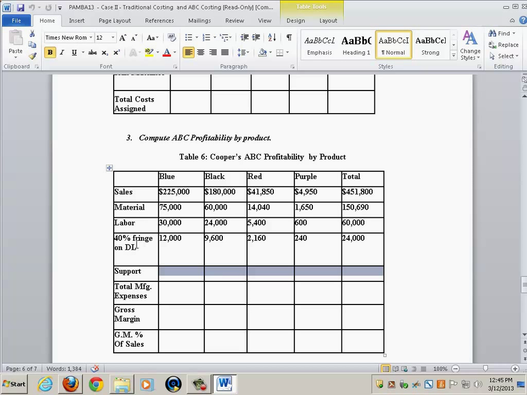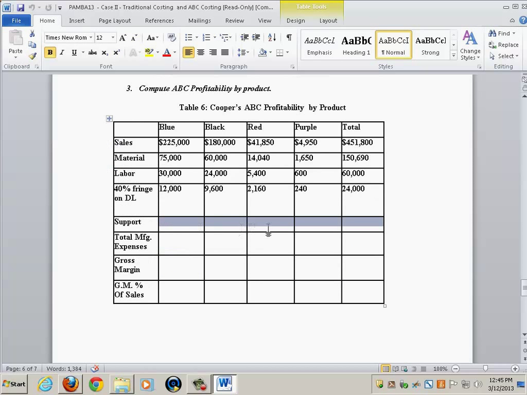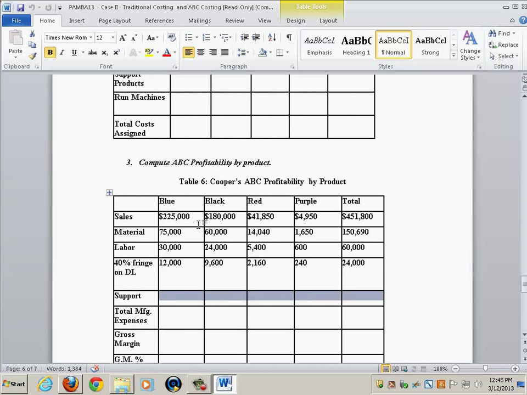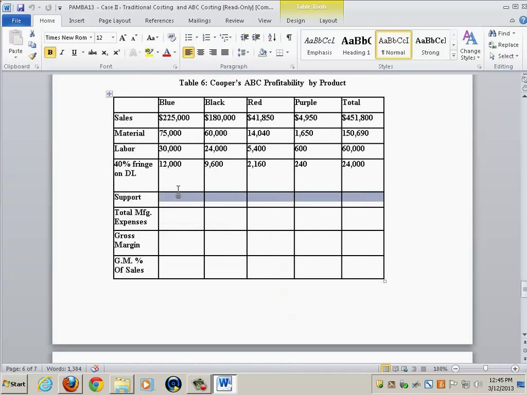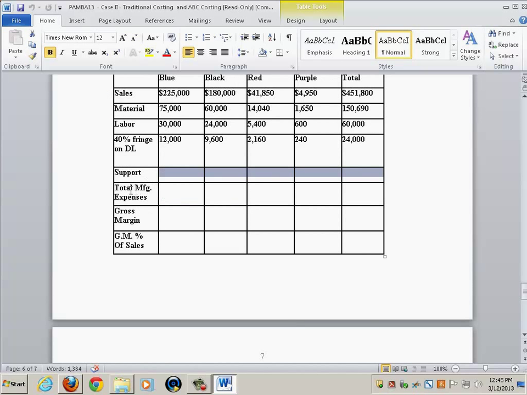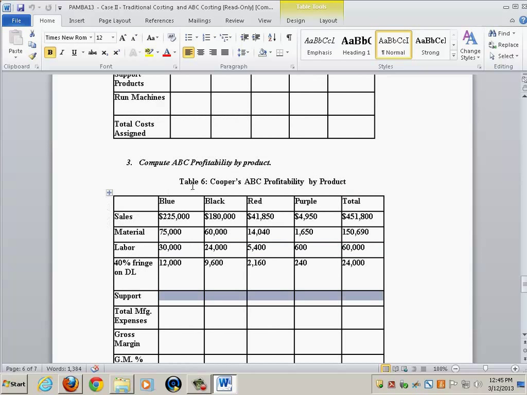Fringe labor benefits are 40% of direct labor. They're already calculated for you. So all you have to do is put in the support costs, which you calculated here for each product, and then calculate the total manufacturing expense, the gross margin, and the gross margin as a percentage of sales. So now you will have a profitability analysis based on ABC,